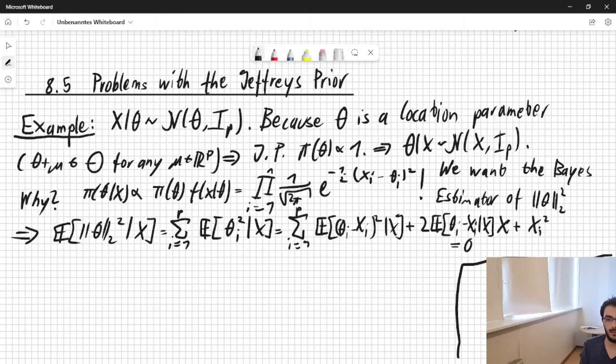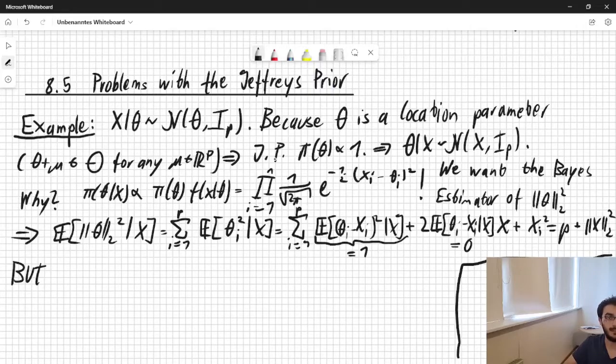And this here is just the squared expectation of a normal distributed random variable with mean 0 and variance 1, so this is just equal to 1. And we sum this p times, so we get p plus the sum over xi squared, which is the length of x squared. So this is our base estimator, but